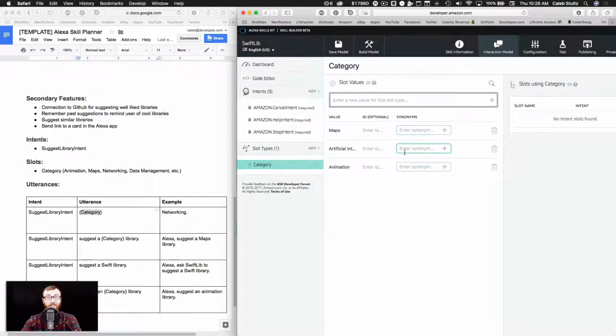So for artificial intelligence, someone might say AI. For maps, someone might say GPS. And these would link directly to the slot value. So if someone said, give me a GPS library, but they really meant maps, it would go ahead and call maps. If someone said AI instead of artificial intelligence, which is likely what they might do, it would suggest artificial intelligence, which is perfect. So adding synonyms is a really cool way to add in